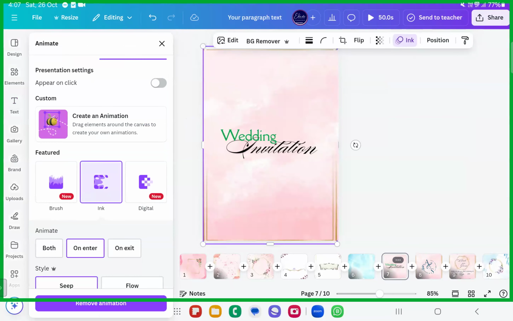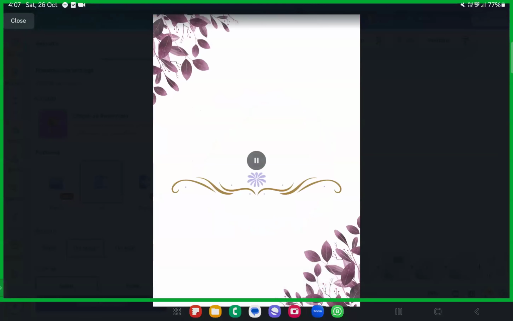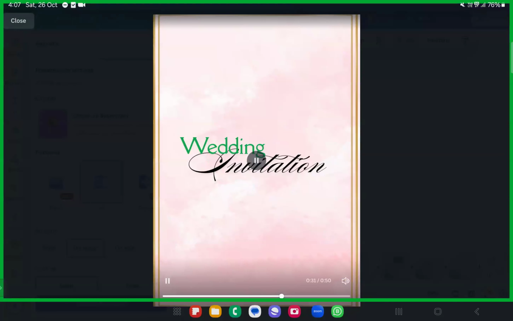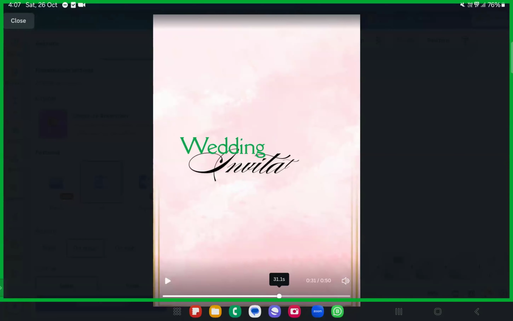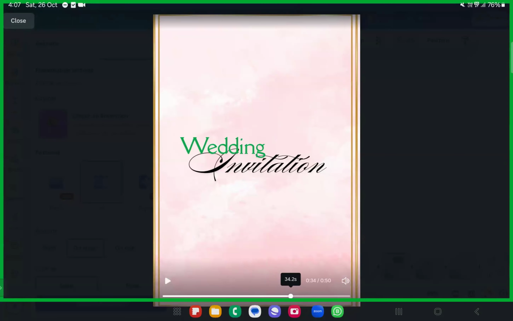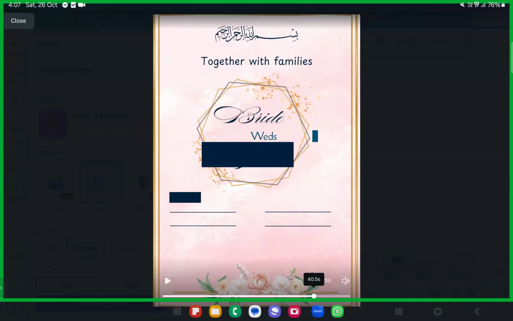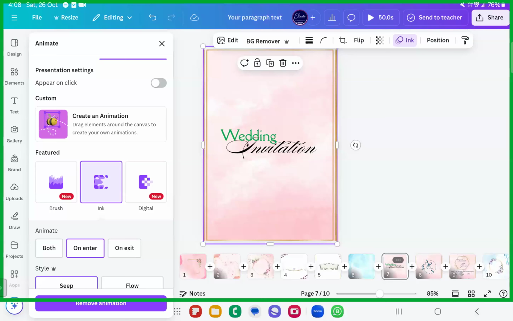Now when I play this, I just want to play from here itself. Which page number? I do not remember. Probably somewhere here. Let me play this and show it to you. When I play this, it starts with this. Just see your invitation, and then you will get the next page in hand, and then the next page. You can add a beautiful nasheed behind it, together with families, and then you can just end this invitation card. So this way you can create a digital invitation.